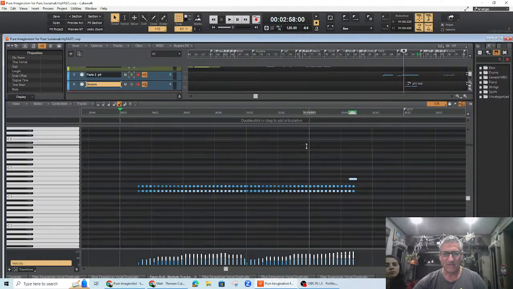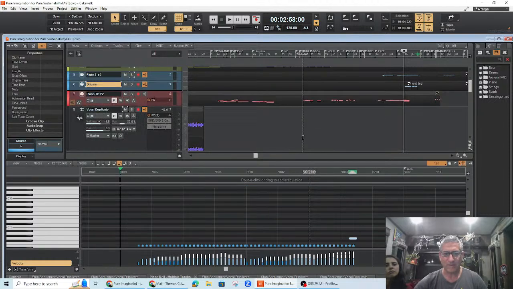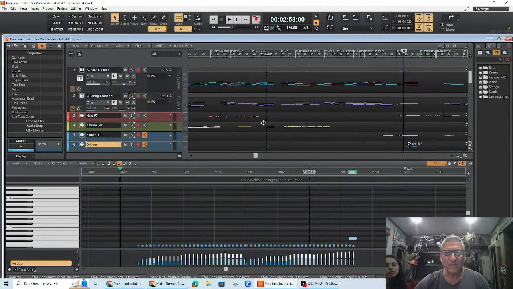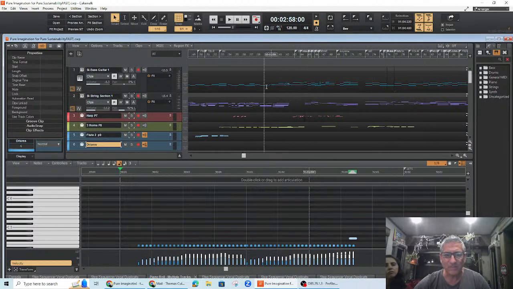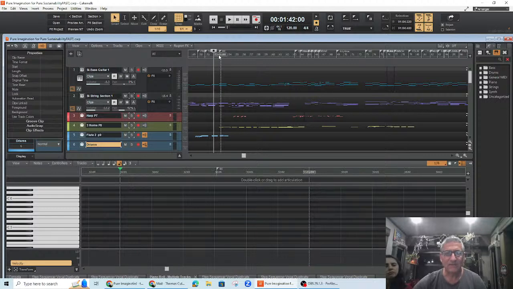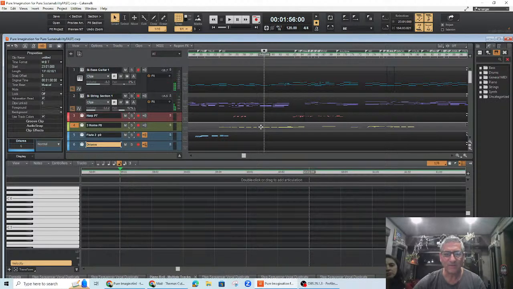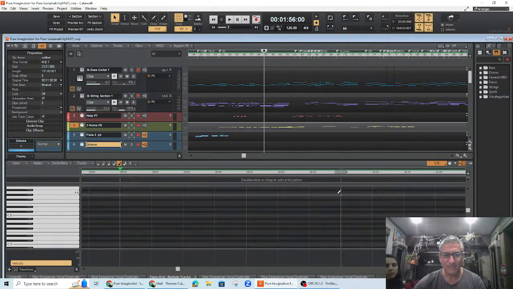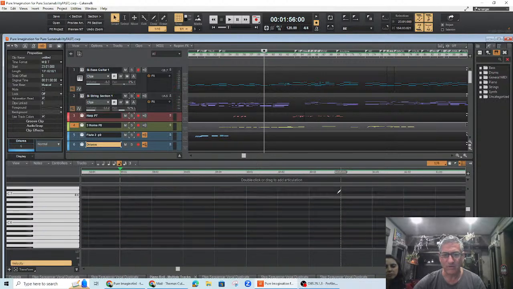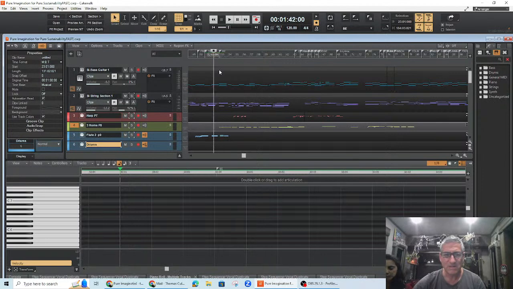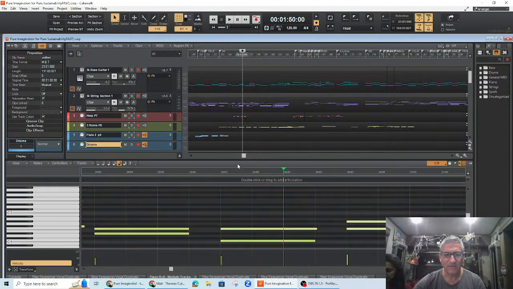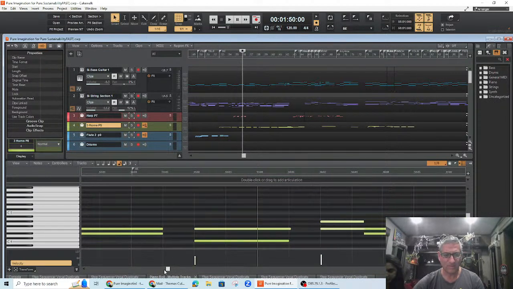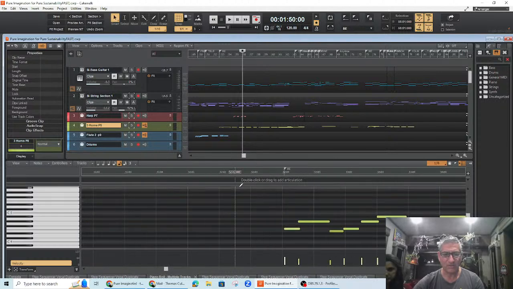Cool, because I've got this BBC orchestra pad. So I started with the bass, the horns. There's this part at the beginning, check this out. I need to click on it and find it. Where are the horns? Double click on it. There they are. So I think the horn sound is pretty good, but